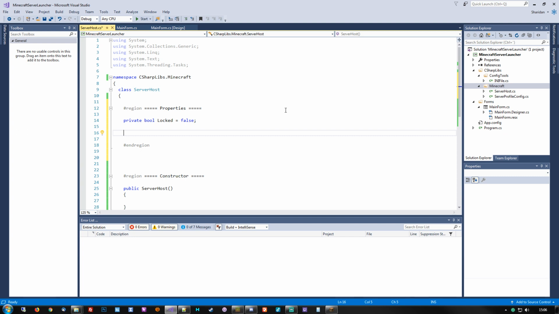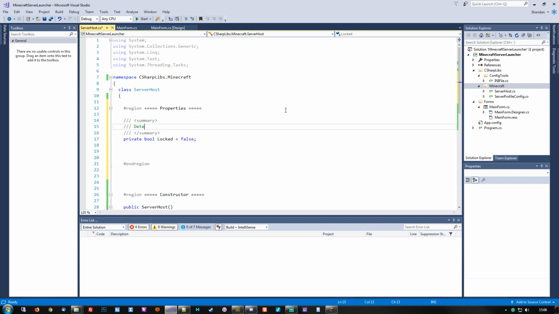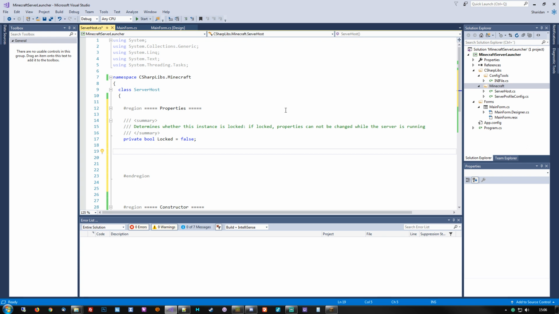We will get back to this later. Actually, for now, we'll put in a comment: determines whether this instance is locked. If locked, properties cannot be changed while the server is running. Just a reference to ourselves. Alright,